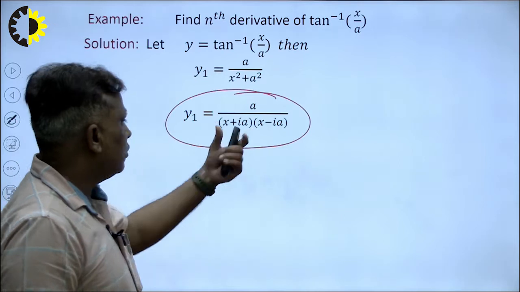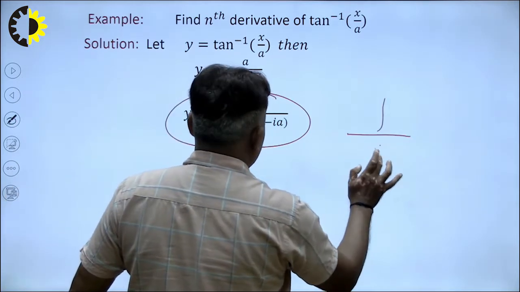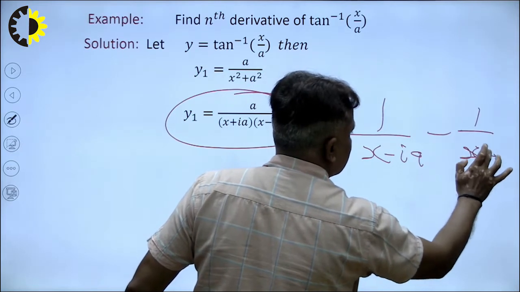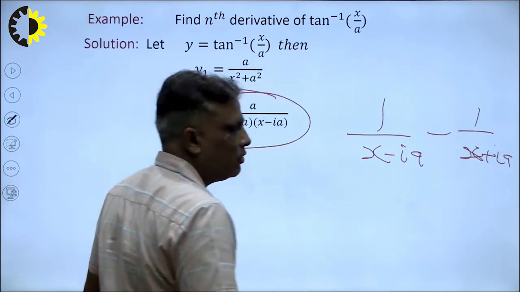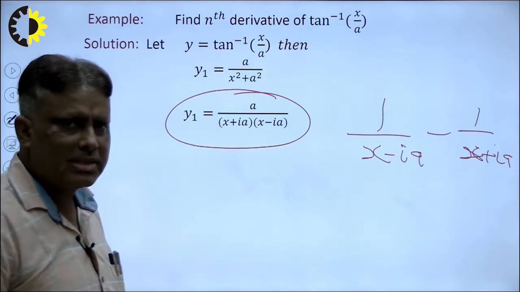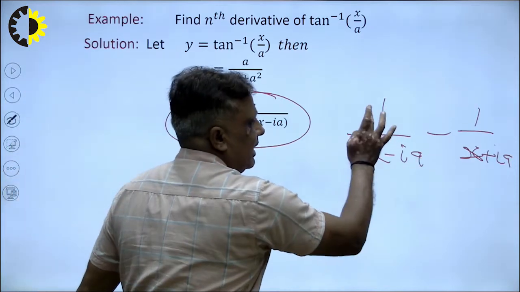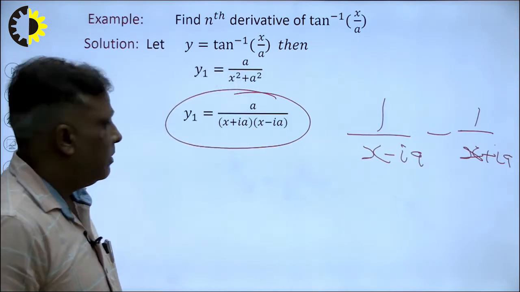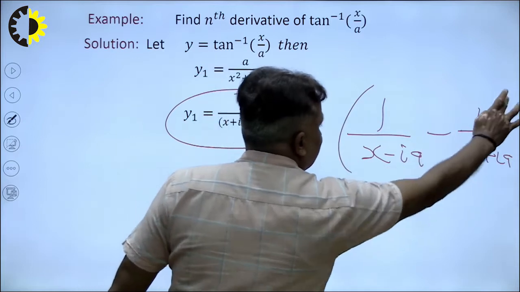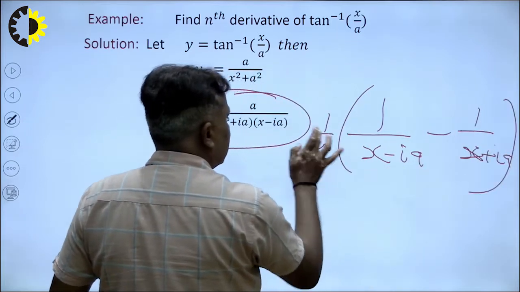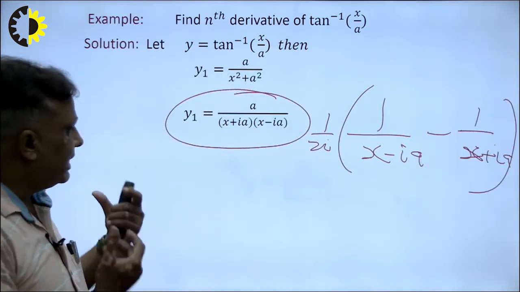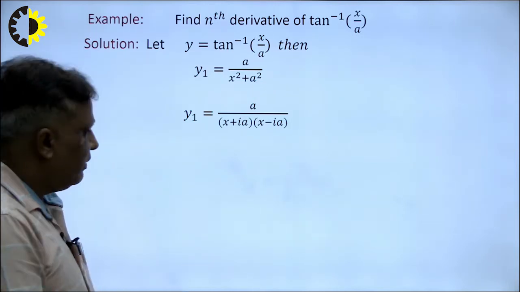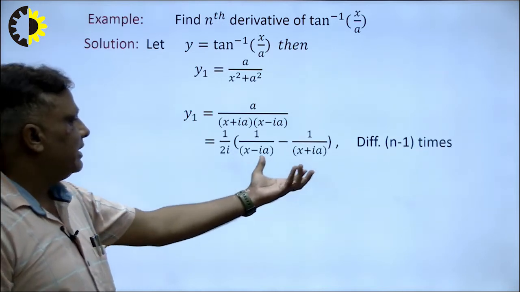There are two functions: 1 upon x minus ia, I write here, minus 1 upon x plus ia. First of all I write a minus, because any time we can take a plus sign. Suppose this goes to this side and this goes to this side, x cancels out, so the result will be 2ia, but there is ia only, so I divide by 2i. So this is known as the hit and trial method. We can save our time in the examination by using such a method. So in this way we have calculated 1 upon 2i and this is separable.